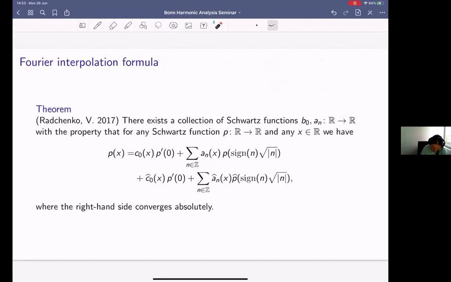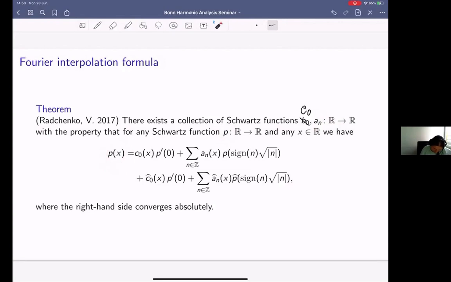And we say that there is a collection of Schwartz functions, so we have a Schwartz function c0, and then the collection of Schwartz functions an. They are defined on the real line, and they have the property that for any Schwartz function p and any point x in the real line, we can reconstruct the function p